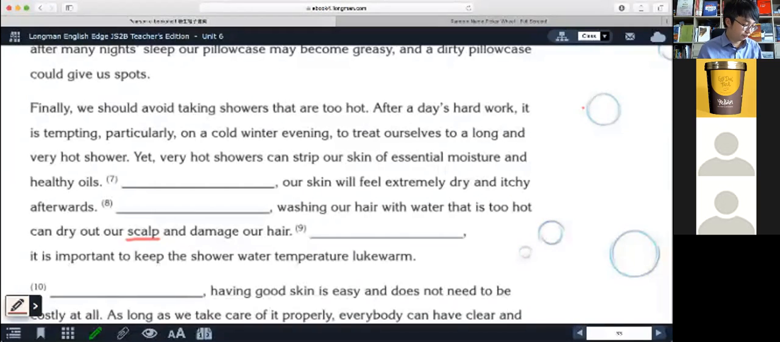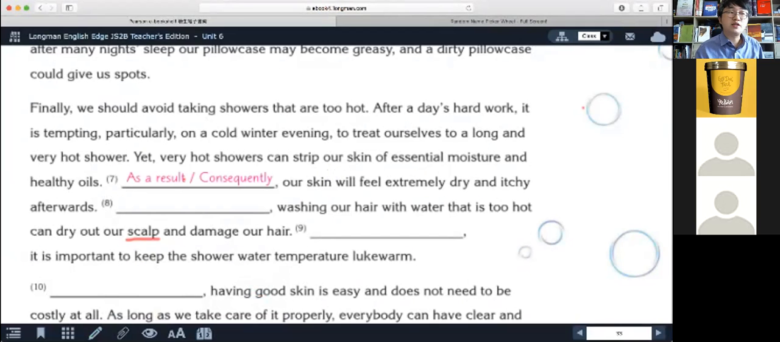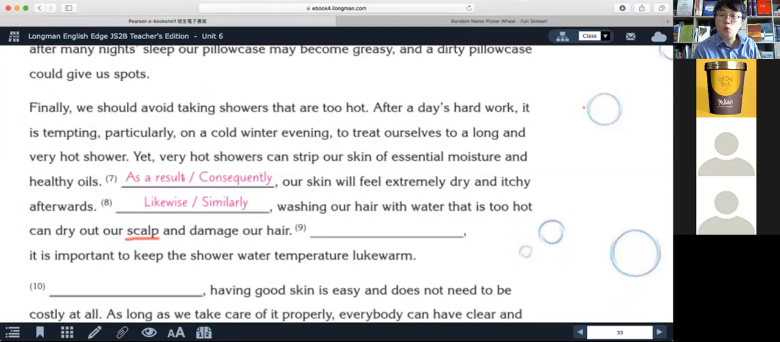Okay, the first answer here is correct. We need to use a connective to talk about cause and effect. As a result, or consequently, our skin will feel extremely dry and itchy afterwards. But Mary got the incorrect answer. Here we need to use likewise or similarly. Why? Because here,